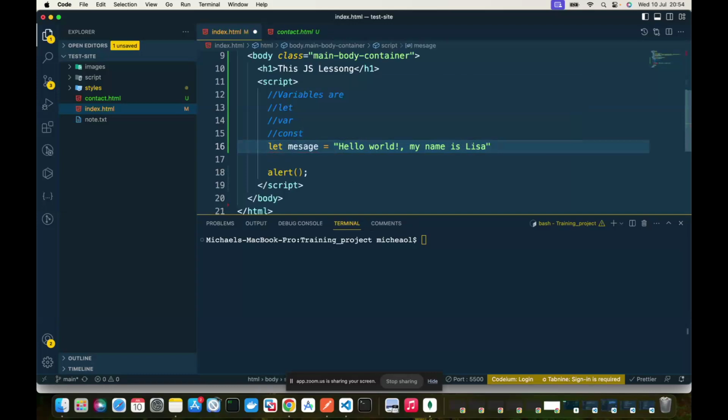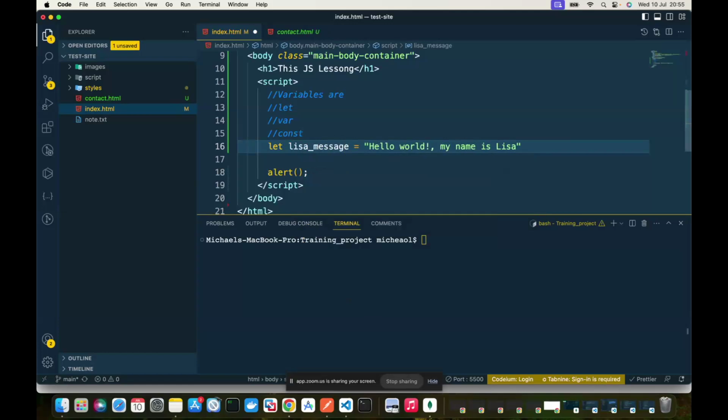But you can start with an underscore, right? You can't start with a hyphen, but you can start with underscore. For example, if your variable is going to be two names together, you can say Lisa underscore message, right?